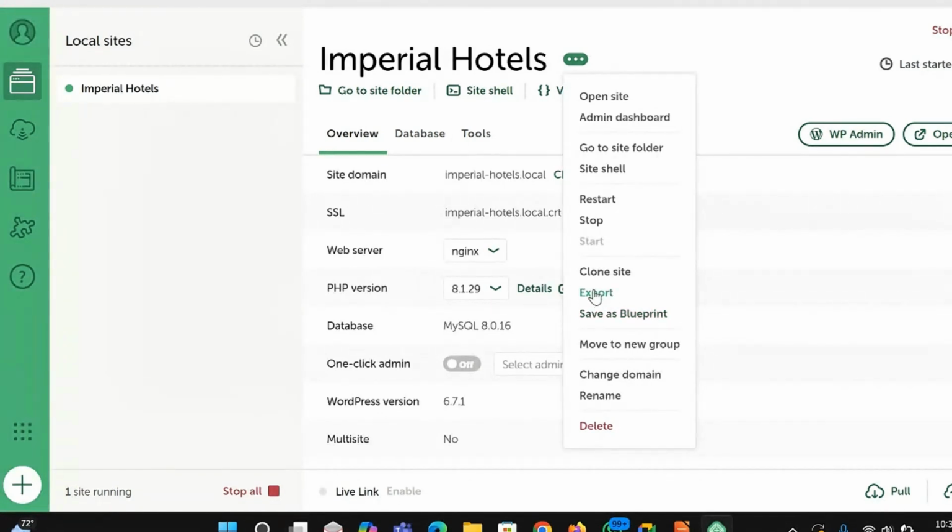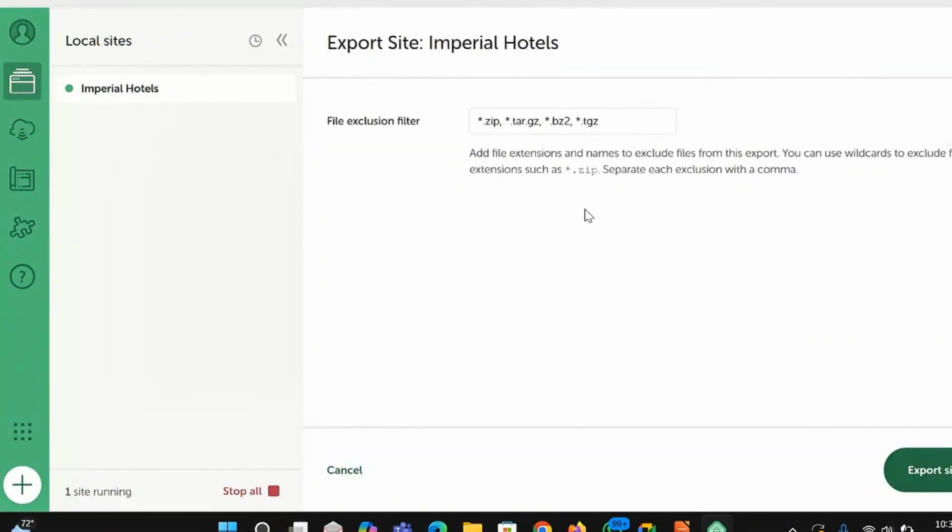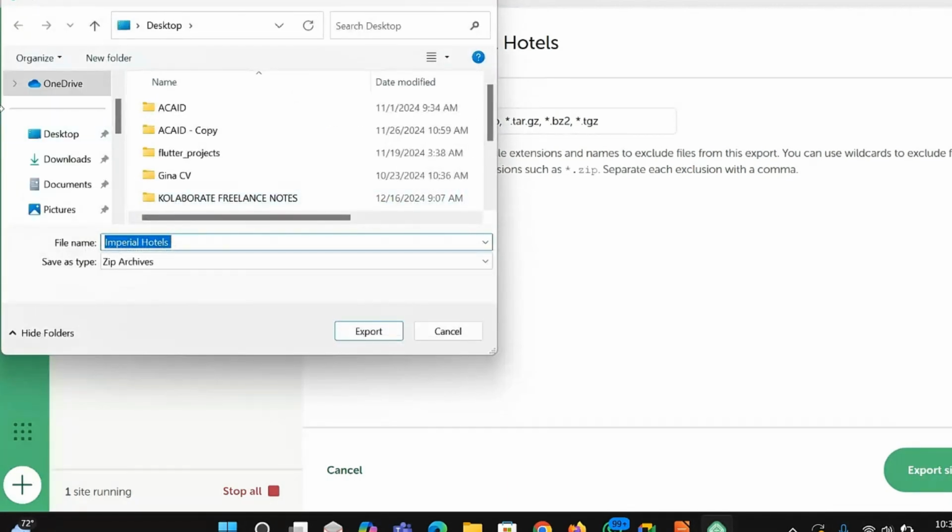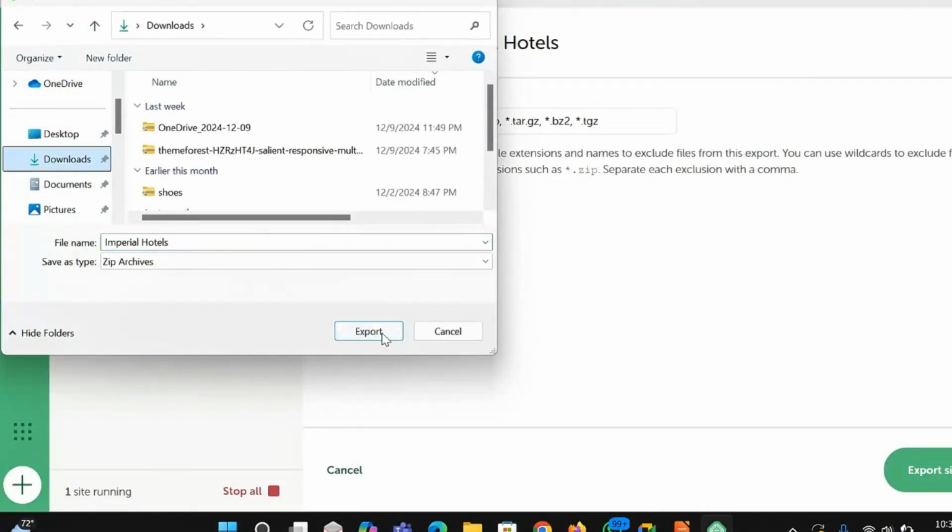To export this very site, you click on export where you see export. Once I click on export, a site is always exported as a zip file. It tells me what kind of format or file exclusion I want to export it as, but I just leave any. So I will say export file. Once I click on export file, it's going to ask me where I'd like to save this export, and I will click downloads anyway, and then say export.